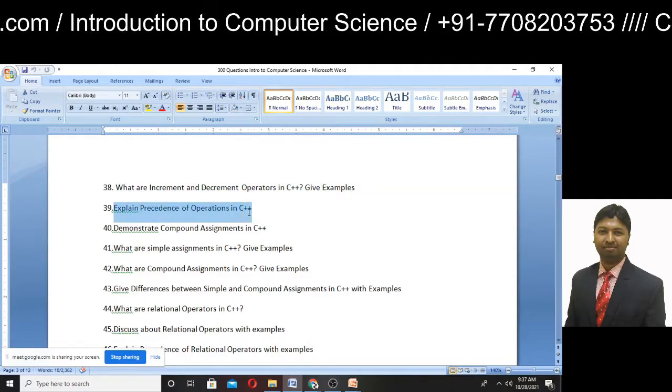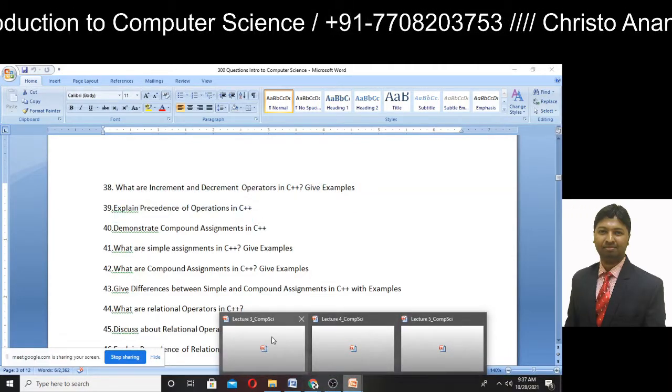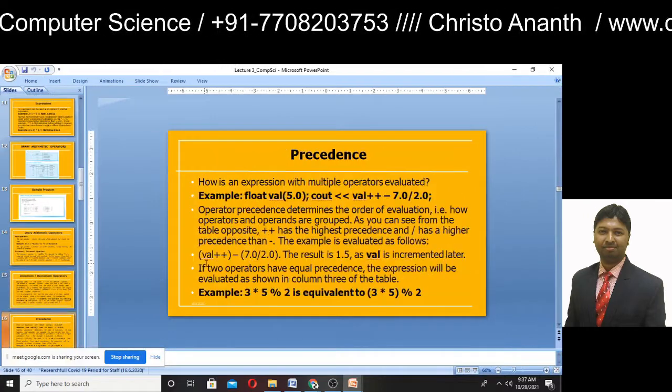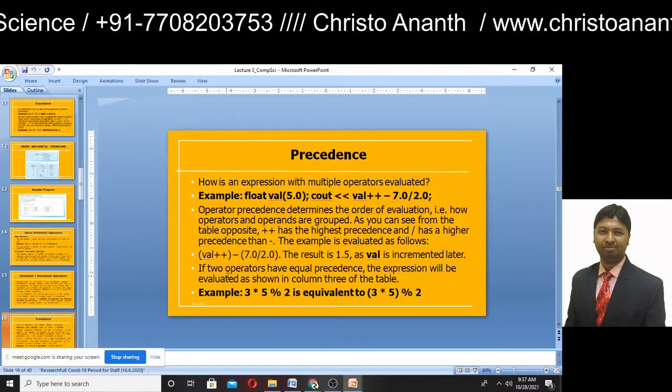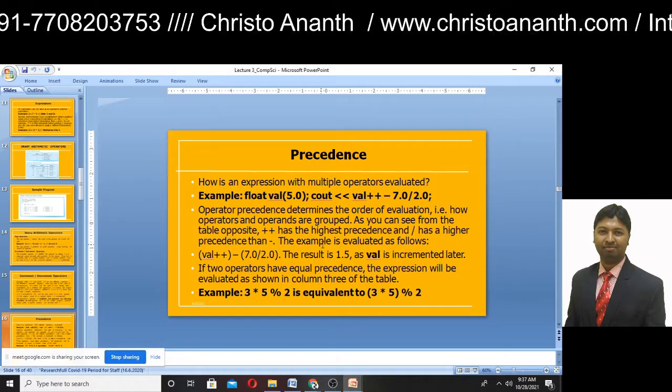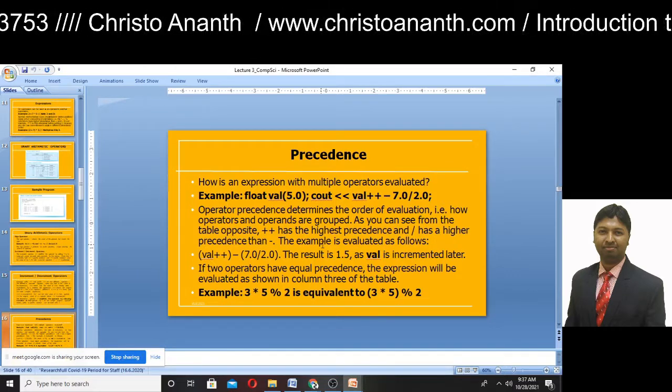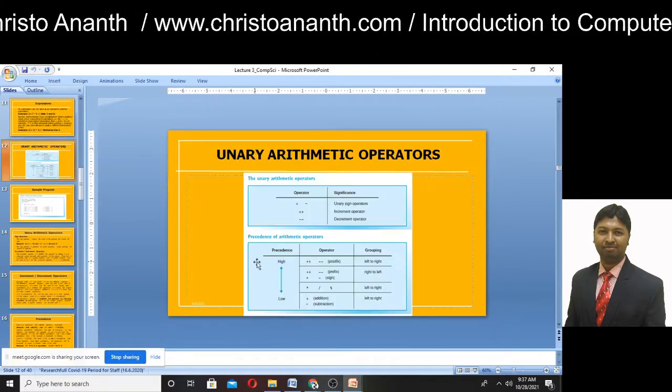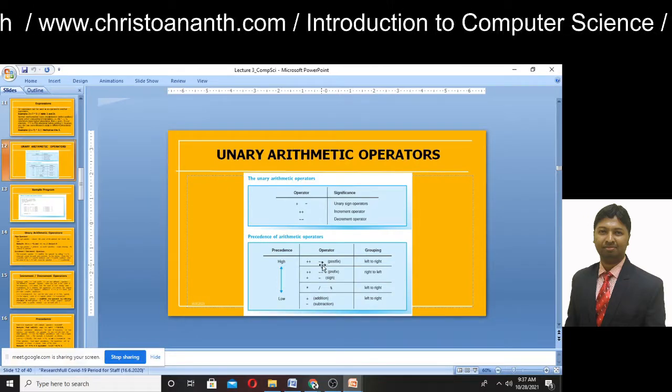Explain precedence of operators in C++. Operator precedence generally determines the order of evaluation. For example, as I told you, postfix ++ has the higher precedence.